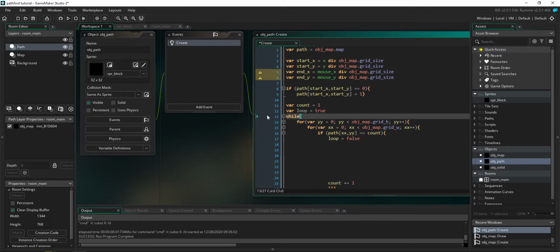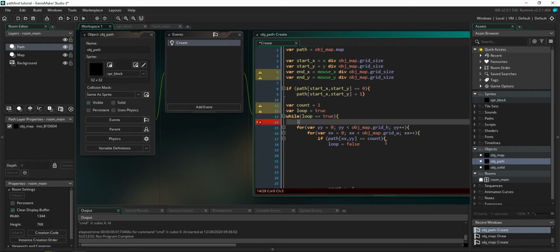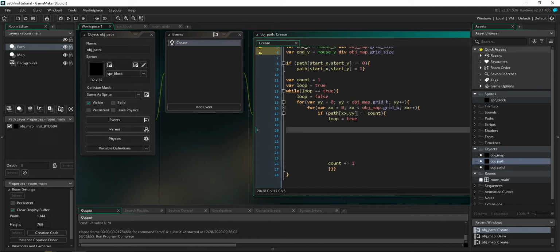So this can be while there is a count position. If it does find 1, it will just keep going. So we want to make sure that we're not going outside the bounds of our grid. So we go, if 1 step to the right is less than the width of the grid, so it's inside the bounds of the grid,